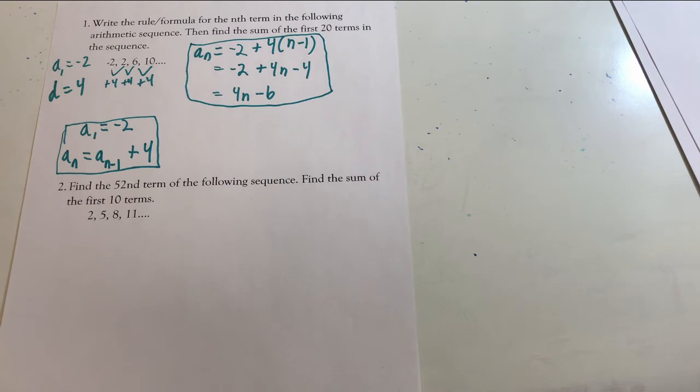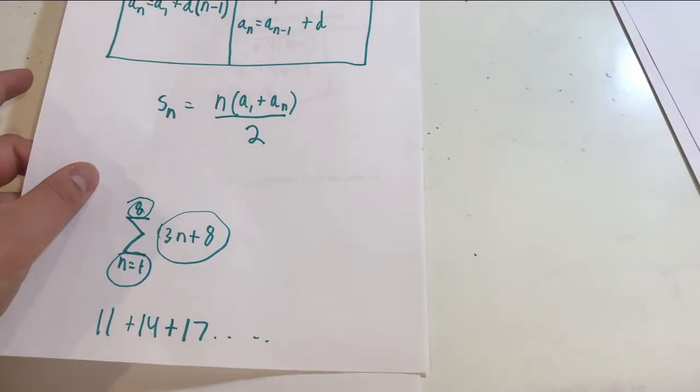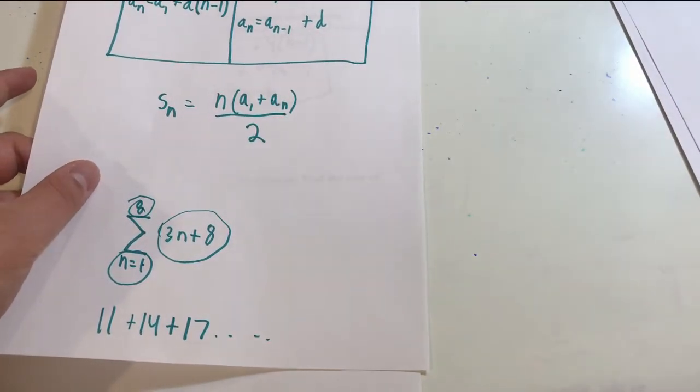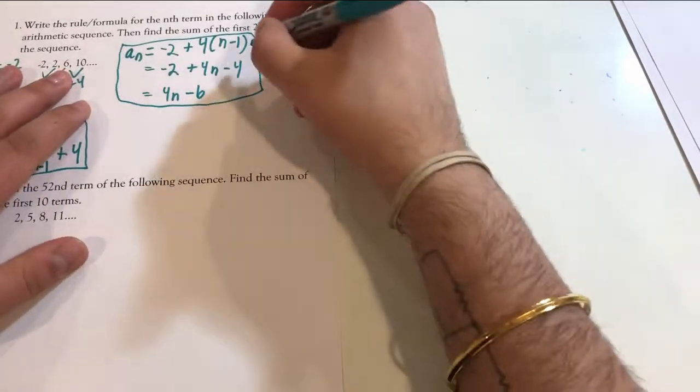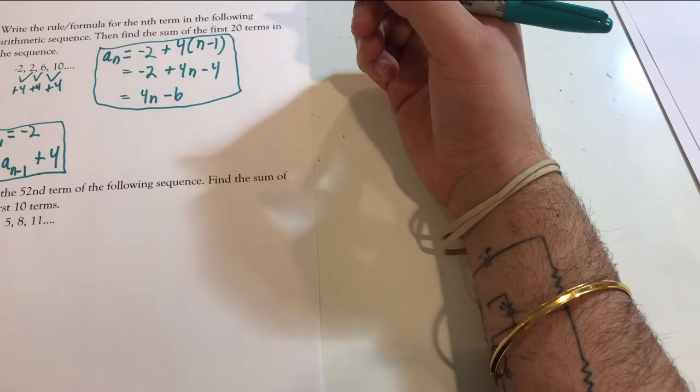Lastly, let's find the sum of the first 20 terms in a sequence. That is going to be using this formula. If they gave you summation notation, it would look something like this, right? If you were to write it in summation notation,